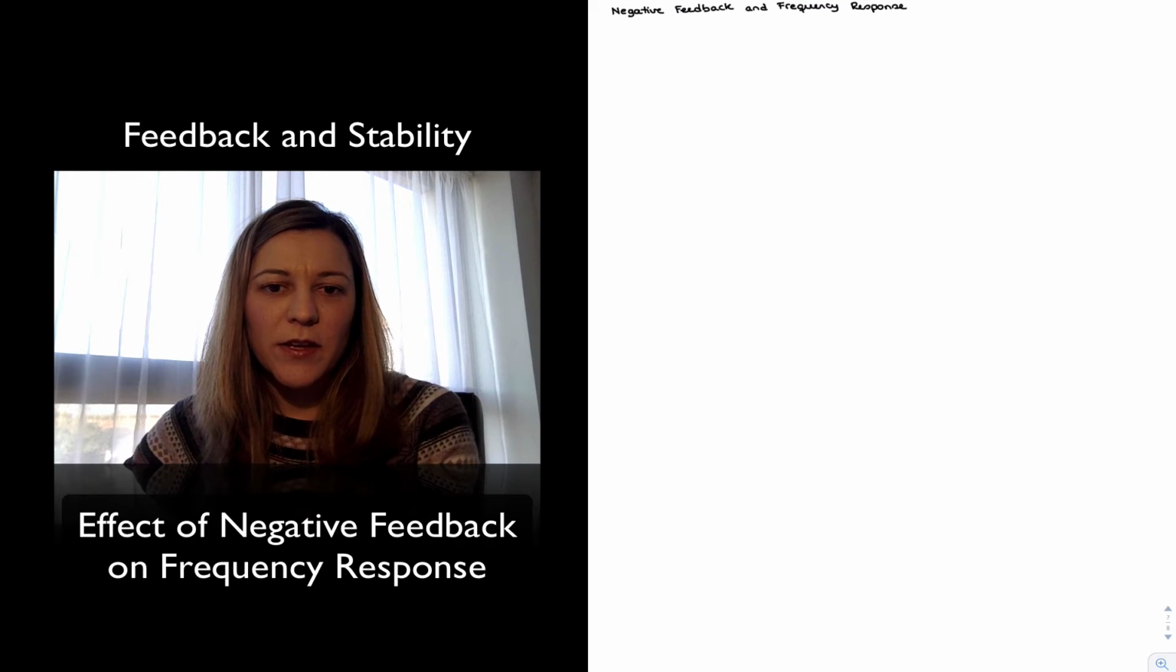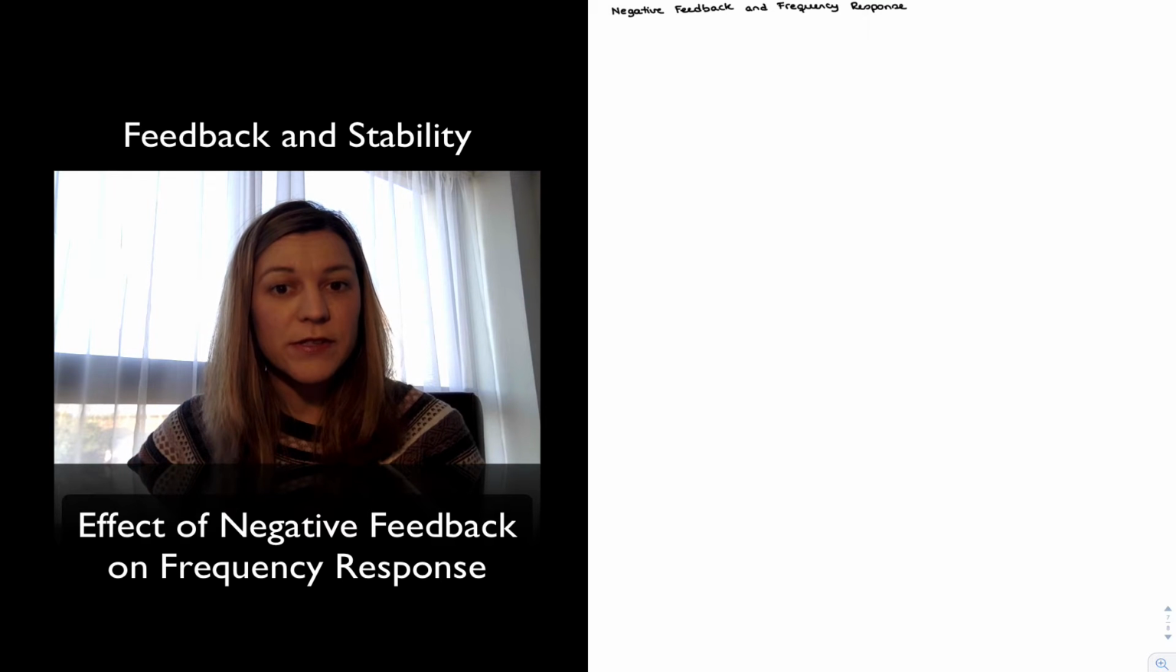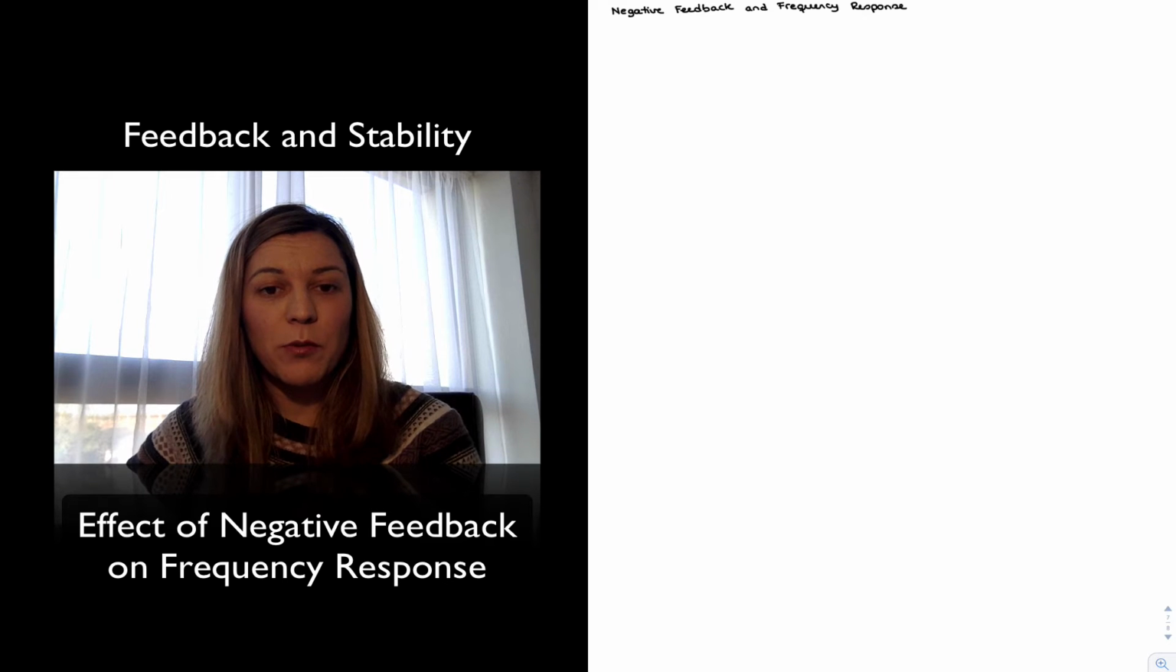Hello. In this video, we're going to talk about negative feedback and how it affects the frequency response of an amplifier. We have talked about already how negative feedback affects parameters such as the gain of the amplifier, basically decreases the gain by an amount that is proportional to the amount of feedback, which is related to the loop gain